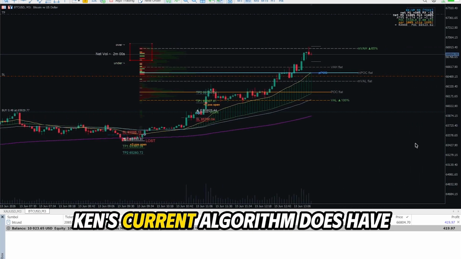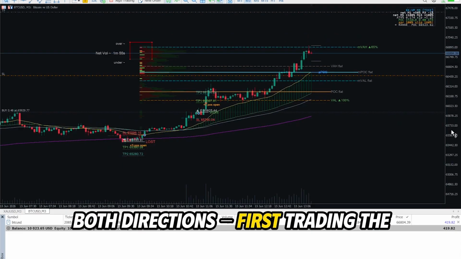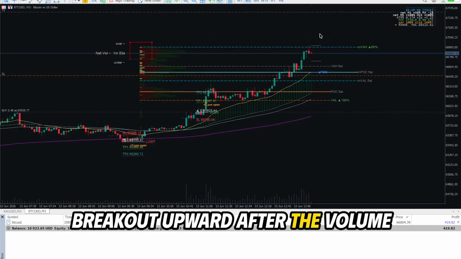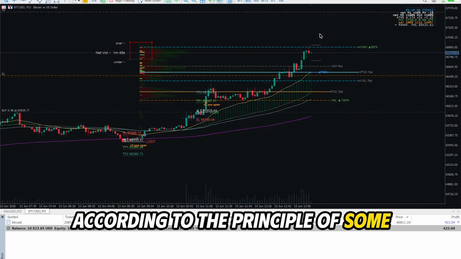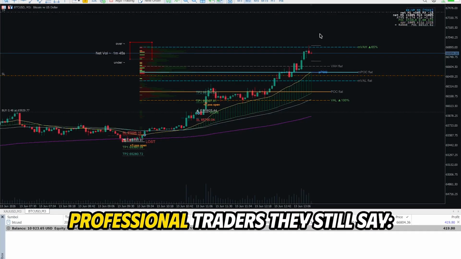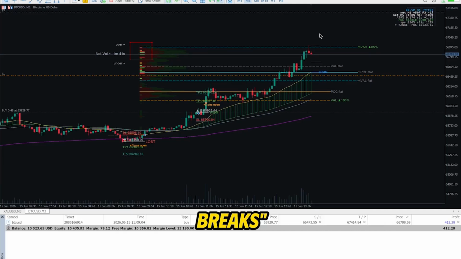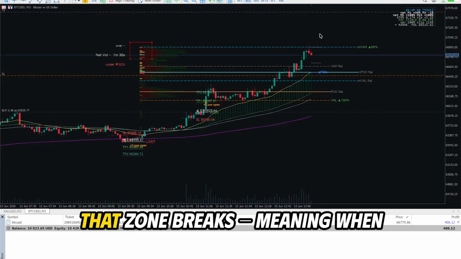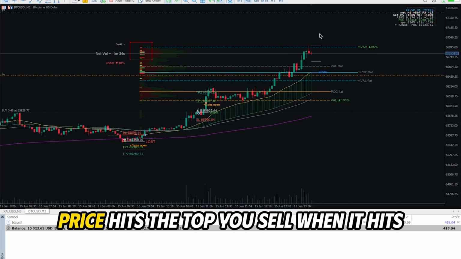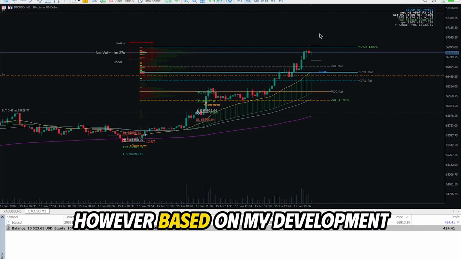To see if this truly gives us a breakout opportunity to the upside. KenKem's current algorithm does have both directions. First, trading the breakout upward after the volume profile zone has been broken. According to the principle of some professional traders, they still say trade the range until the range breaks. Trade within the price range until that zone breaks, meaning when price hits the top, you sell, and when it hits the bottom, you buy. However, based on my development process,